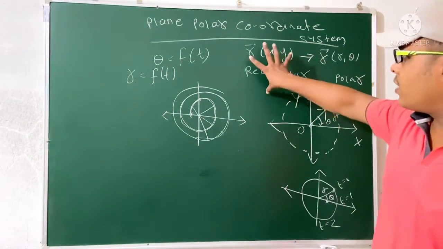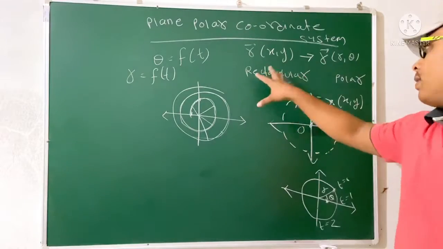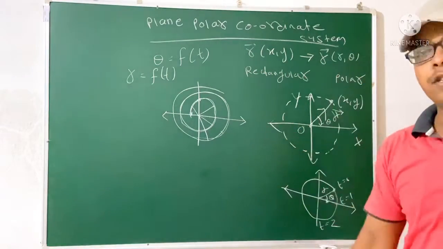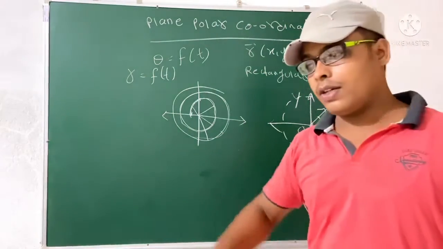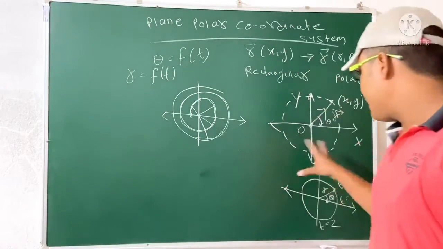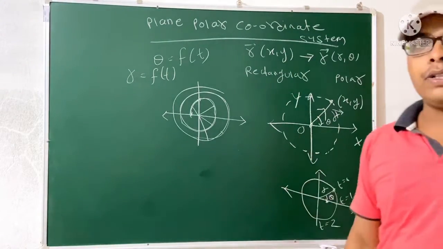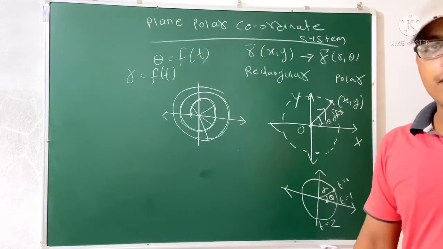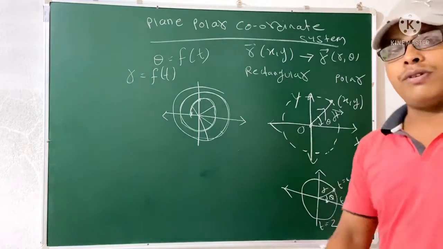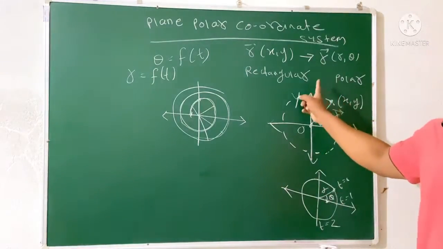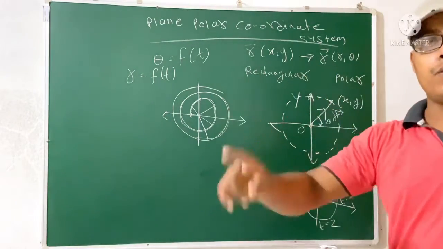So actually this one is more complicated, but the polar coordinate system is easier, so that we can easily evaluate the area of a rectangle or the area of a circle. How will we find the area of the circle? We know pi r square is the area of the circle, but how will we find it? If you know the polar coordinate system, then you can easily find out